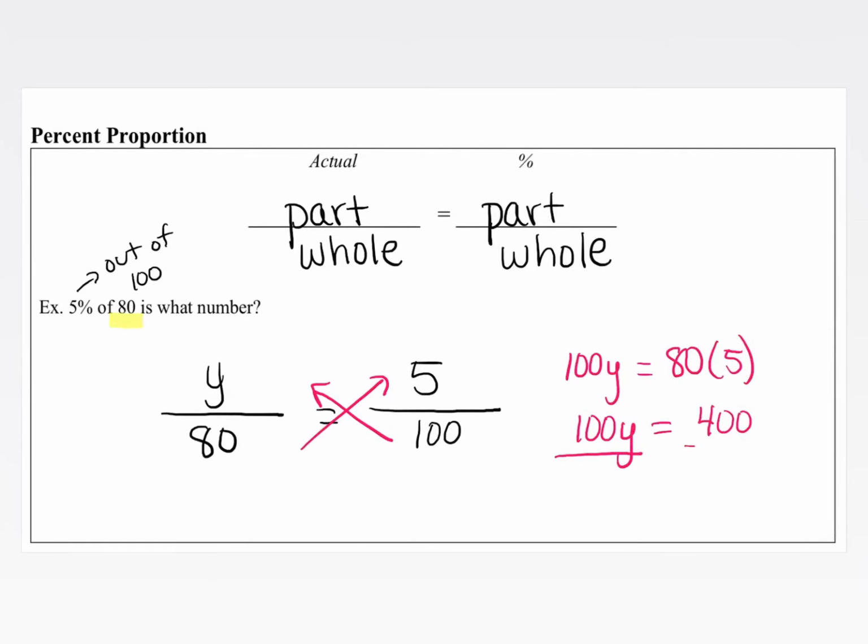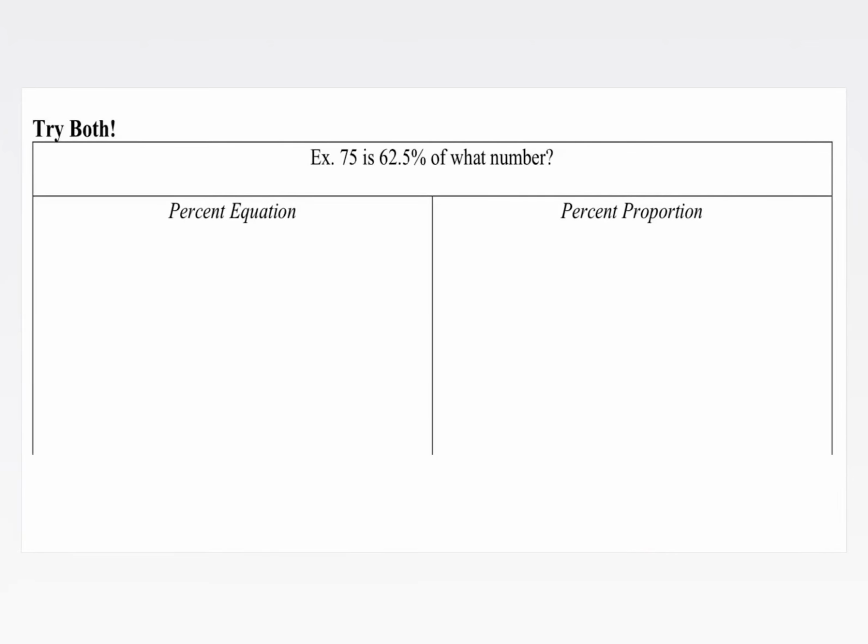Now, since we want to isolate y, we're going to divide both sides by 100. On the left-hand side, it reduces to just y. And on the right-hand side, 400 divided by 100 is 4, which is the same answer that we got in the previous example for the percent equation. So right now, you've learned two different methods, percent equation and percent proportion. We're going to try using both in order to make sure that we get the same exact answer in our